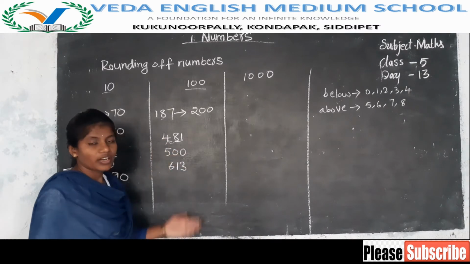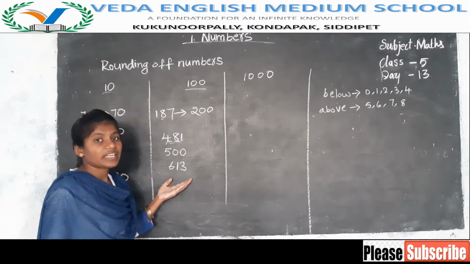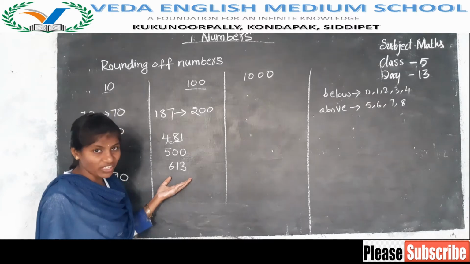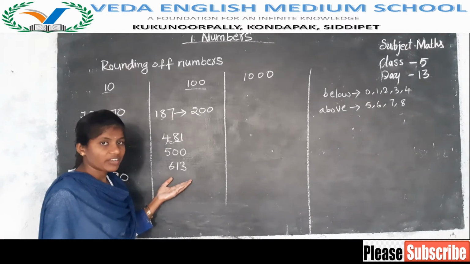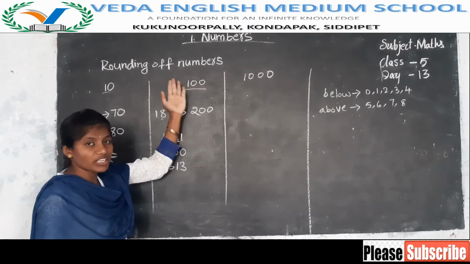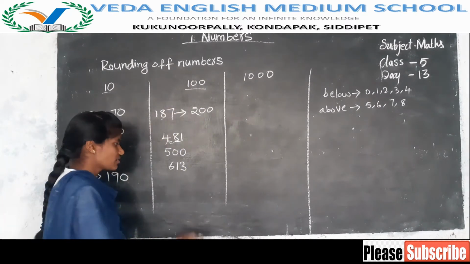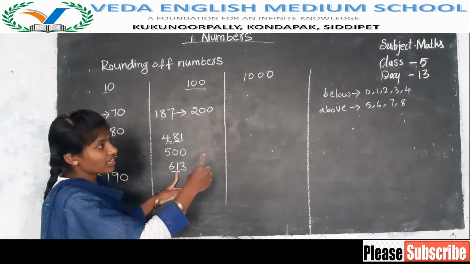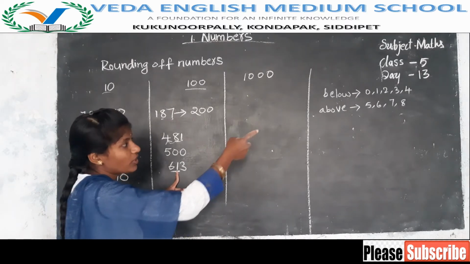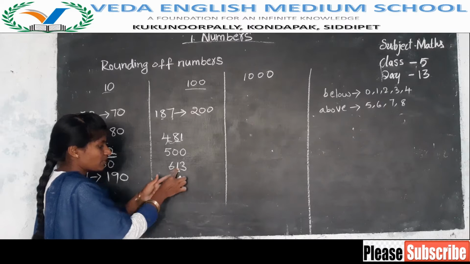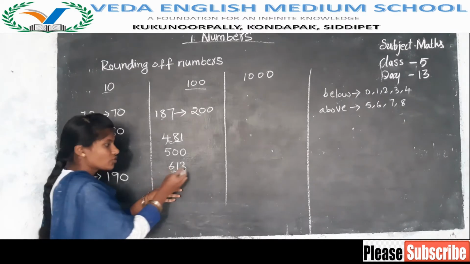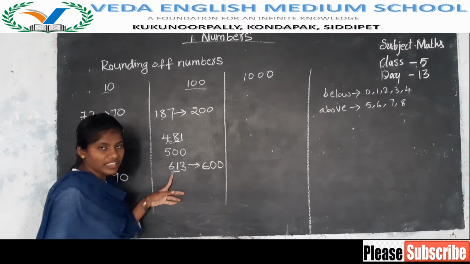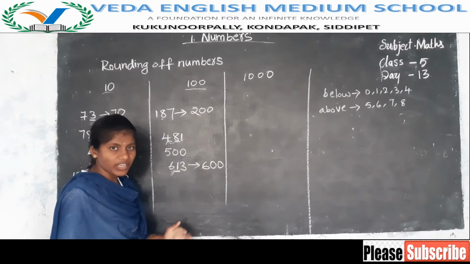613. Round up the following 613 to the nearest hundreds. Since it is nearest hundreds, which place value do we have to check? The place value before 100, that is the tens place. What is in the tens place here? 1. Is 1 above 5 number or below 5 number? Below 5 number. Below number means what do you have to do? Do you have to increase the next number? No, there is no need to increase. You have to write the next number as it is, and in the remaining two places you will get zeros. Now 613 is nearest to 600.